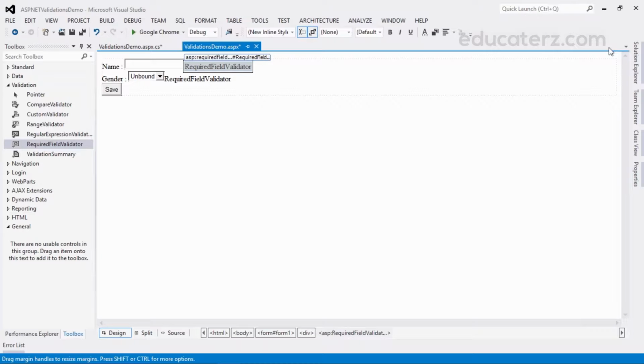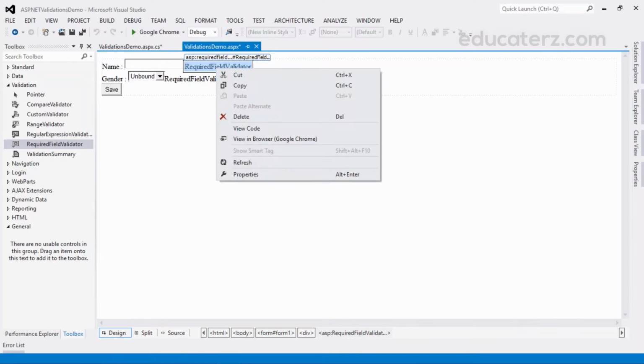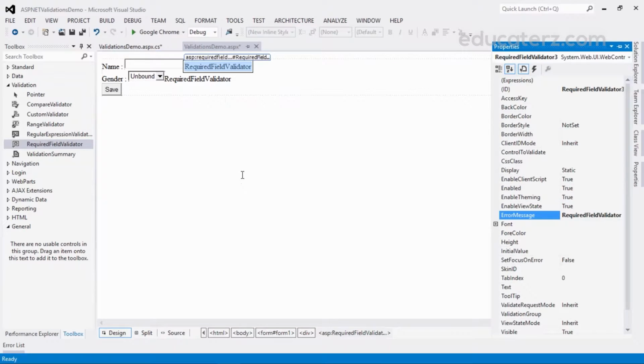Let me tell you about that. Go to the Solution Explorer, then select the properties of this required field validator. Here you can change its name to RFV, then name.